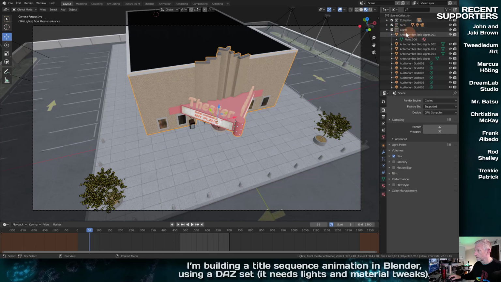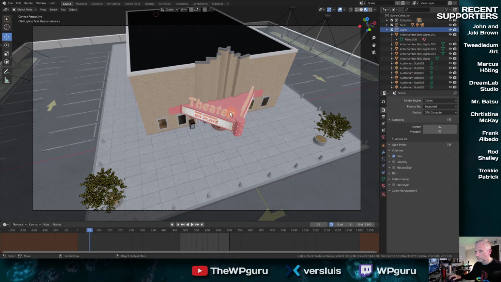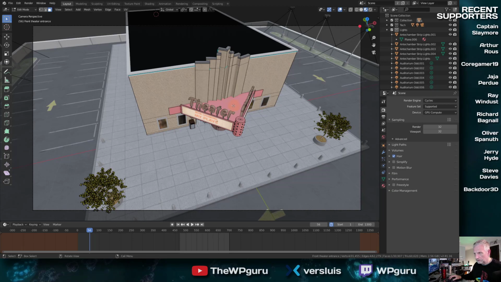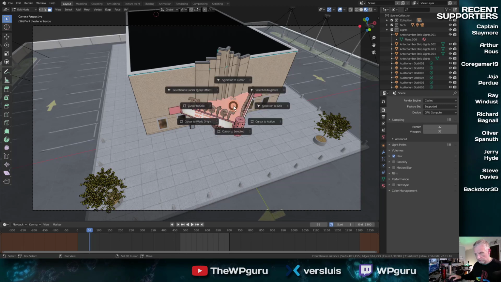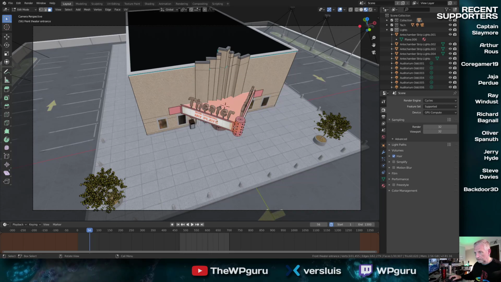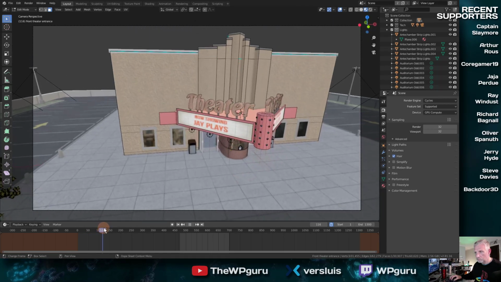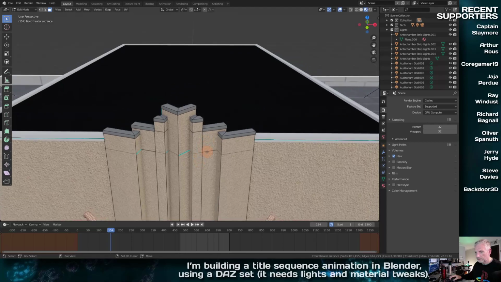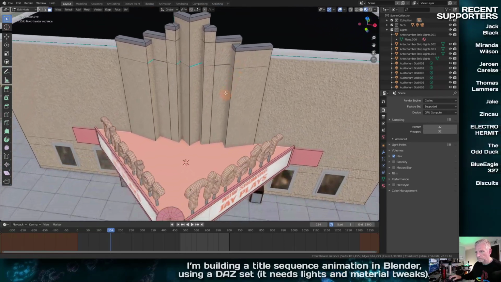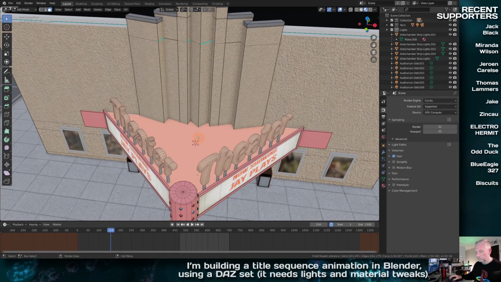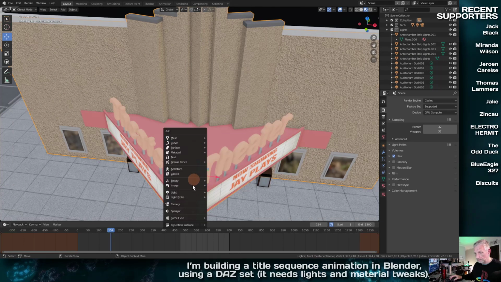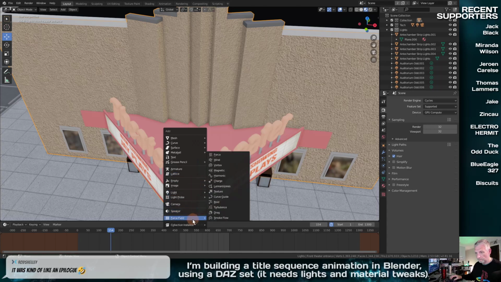I'll go into this lights thing here, totally overloaded lights collection, and I'll see if I select that. Can I go and maybe, yeah, that's perfect. Cursor to selected, there we go. It's right slap bang in the middle, as they say. That's exactly where I want it to be. And at this point, I'm going to go and create, whoops, not in edit mode, but in object mode. I'm going to create a light. Light,